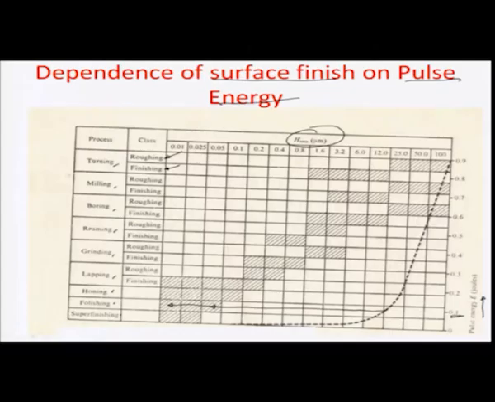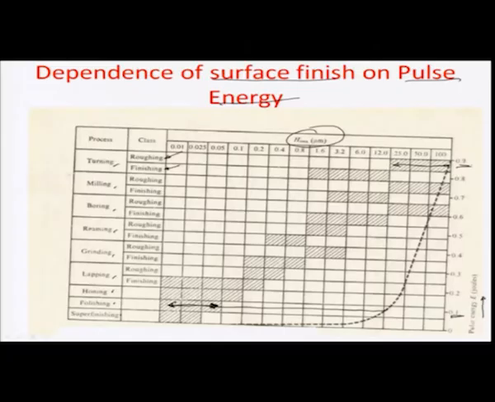So this is the operating range of the roughness for 0.1 joule energy. On the other side, in turning operations you can get a rough range of roughness varying from 25 to 100 microns, corresponding to a really high pulse energy of 0.9 joules,